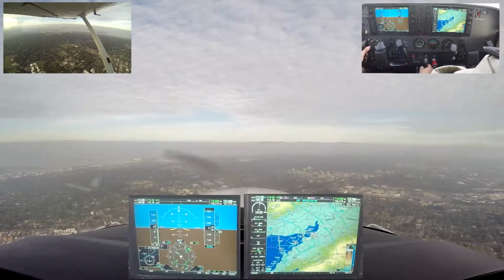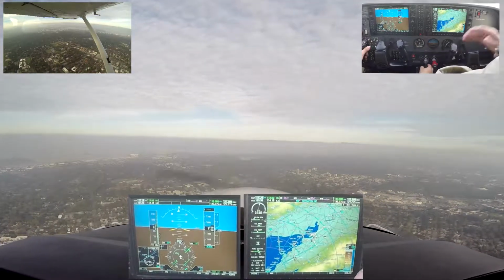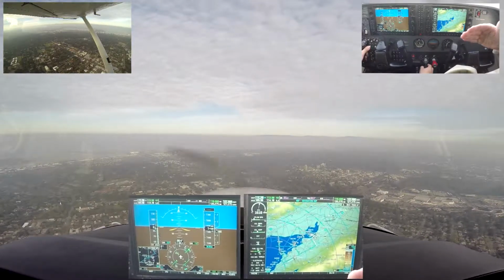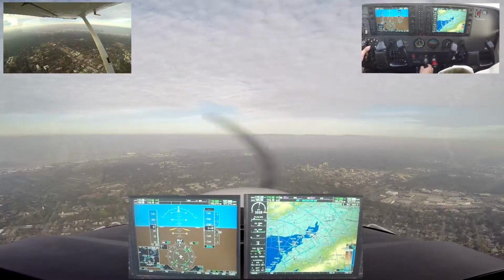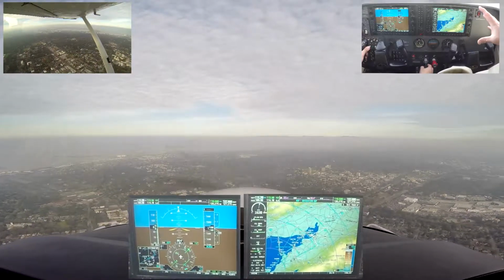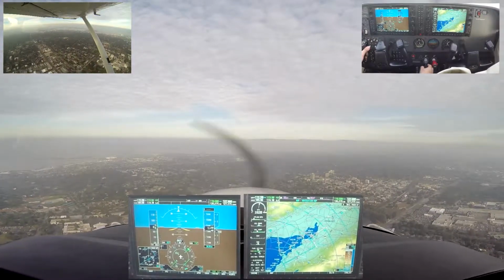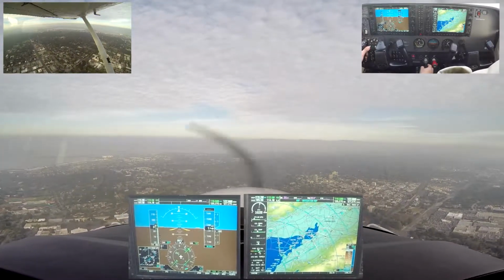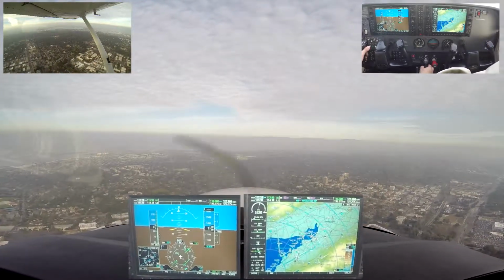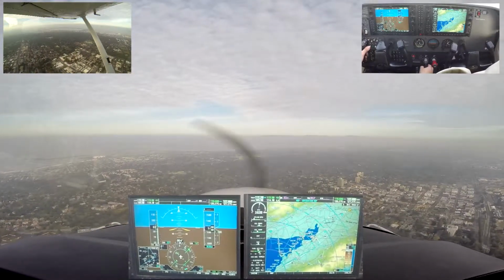Pacific, in sight, 56 Echo. I don't know if you caught it back there. You heard this. There was just a constant stream of radio calls. There's no way. At that point, all you can hope to do is blurt out your tail number and wait for them to get back to you. I was wondering why you just keep calling our tail number. You're not asking for anything. No, because there was no room for it. I was just trying to get their attention. Not normally what you would do, but